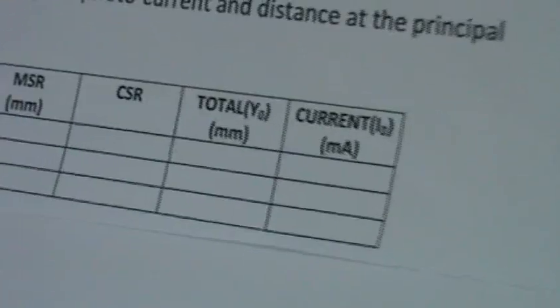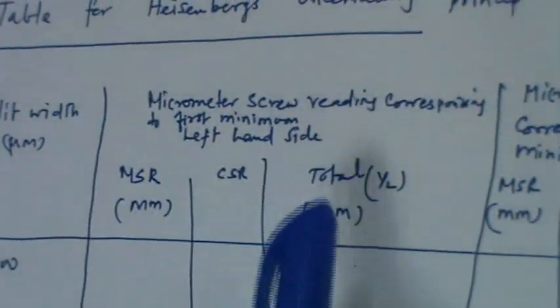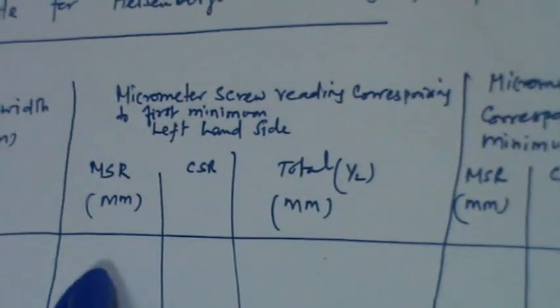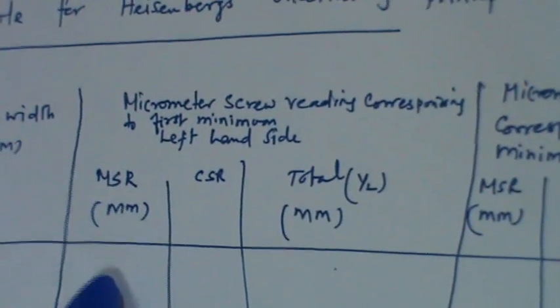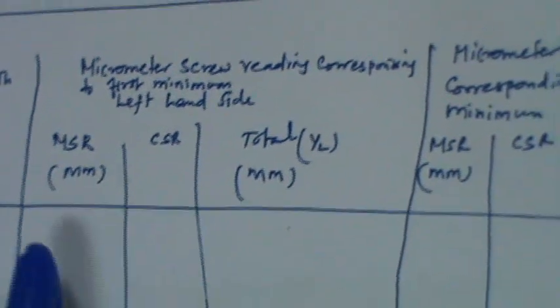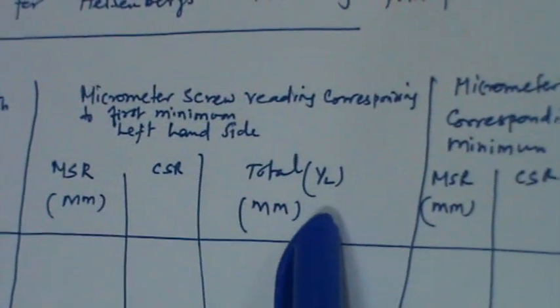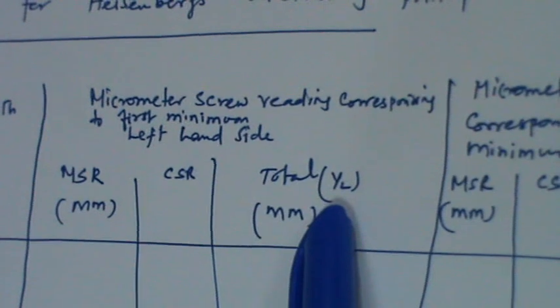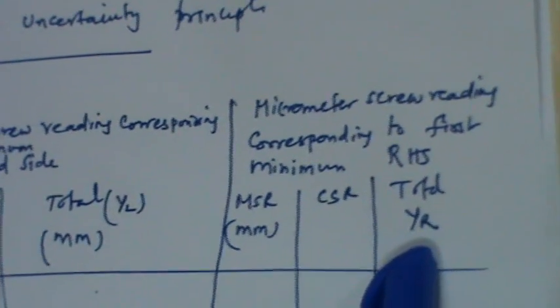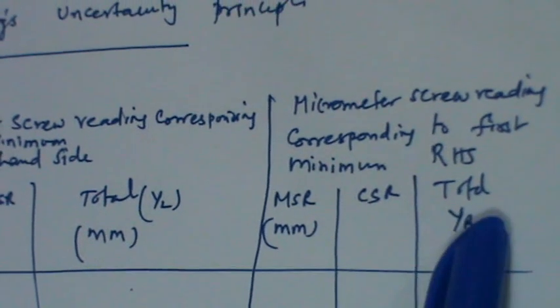So when you vary the slit width, enter the micrometer screw readings corresponding to the first minimum on both the left and right hand sides. The left hand side total reading is denoted as YL. In a similar fashion, the right hand side first minimum reading is represented